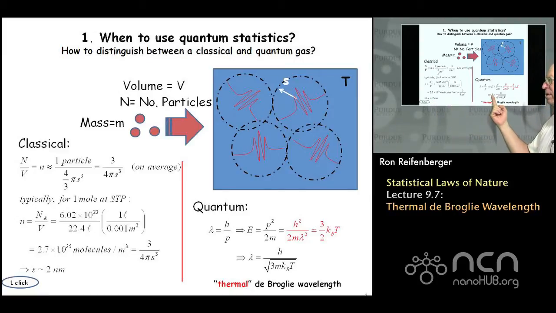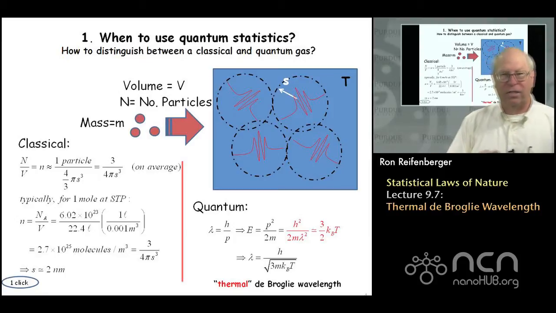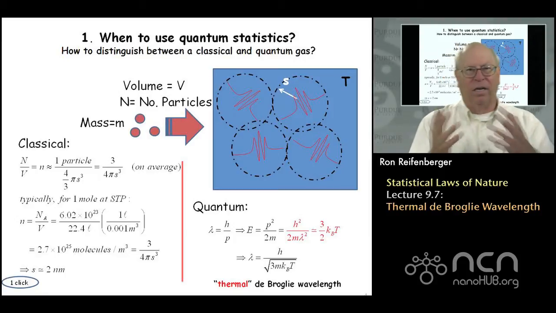And if λ is much, much greater than s, that means that these de Broglie waves are very large compared to the interparticle separation. Then that's telling us that we probably have to use quantum mechanics. On the other hand, if the de Broglie wavelength for a particular gas of atoms is small compared to this interparticle separation, then that just means we can use classical mechanics. So that's the key